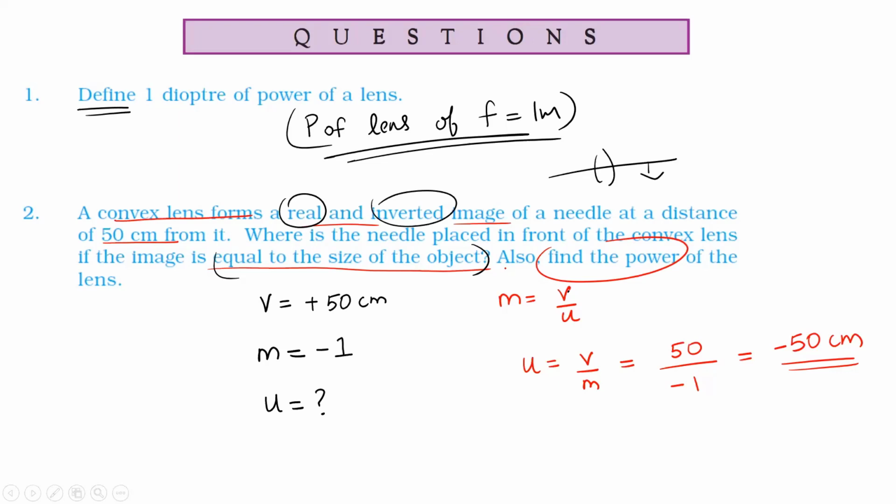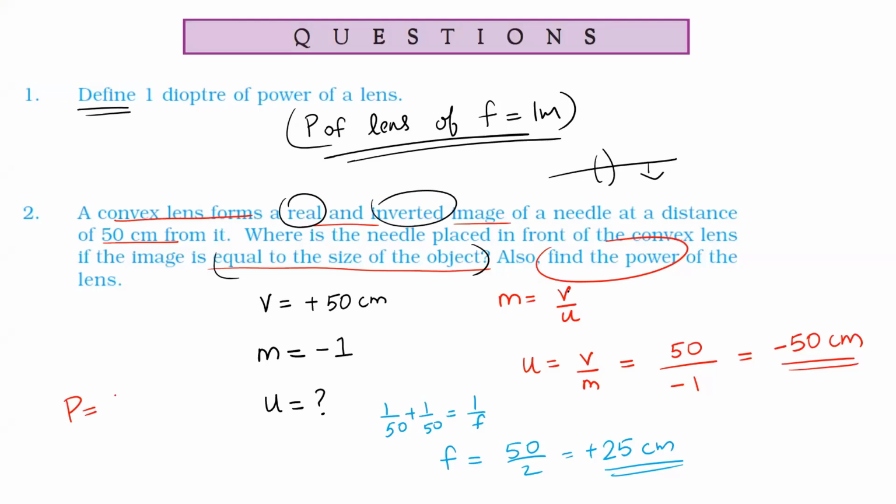Now you should find the power. To find power, first we need to calculate focal length. So we can further write down, we know 1 by V minus 1 by U is equal to 1 by F. Or from this equation, I'm going to write F directly. It will be UV by U minus V. So substitute. Or yeah, here no need. Here both denominators are same. So I'm going to substitute. It is 50 by 2, or it will be 25 centimeter. Focal length is 25 centimeter. Convex lens, so it is positive. Fine. Now if you have focal length, we can easily calculate power.